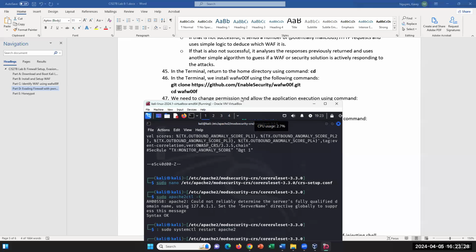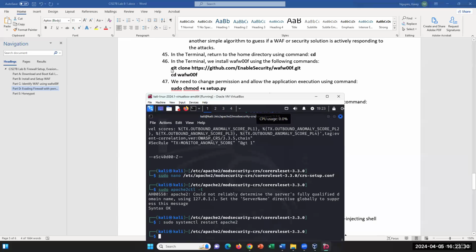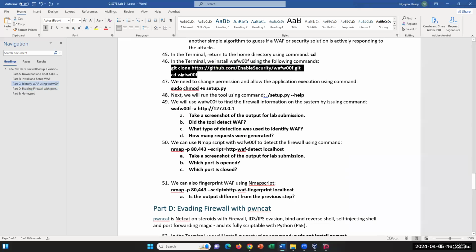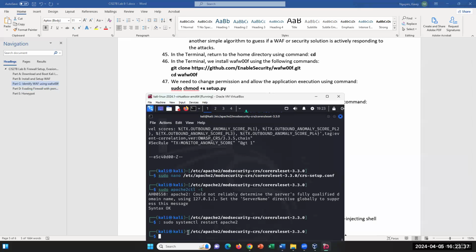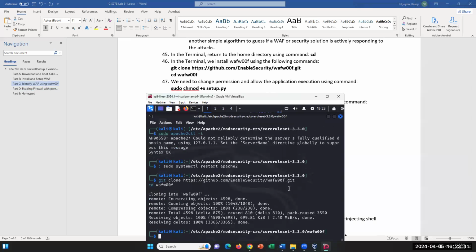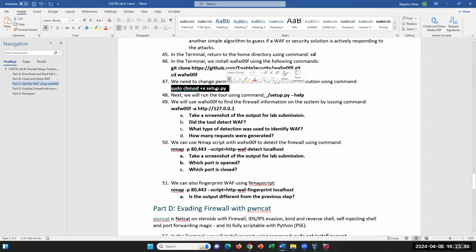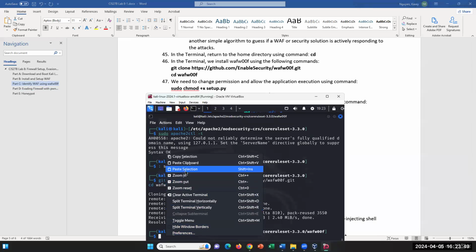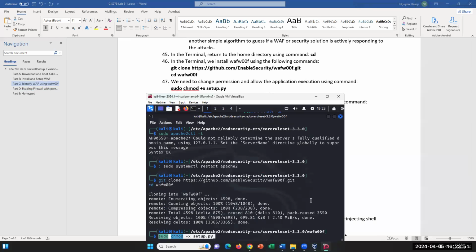So in your terminal, we would then need to install the package, simply pulling it from the repository. Then I want to change the setup permission. And the setup is a Python file. So once we have downloaded, we would need to